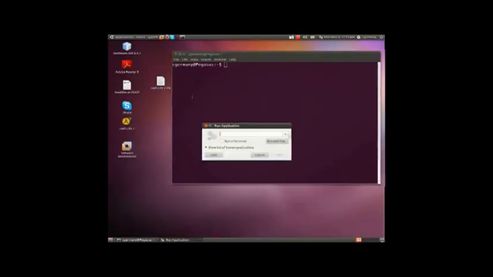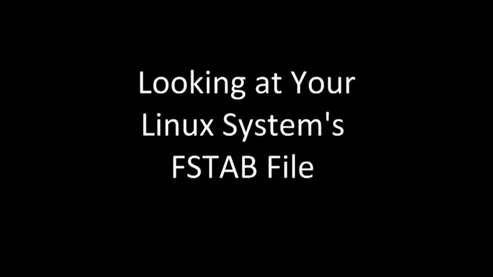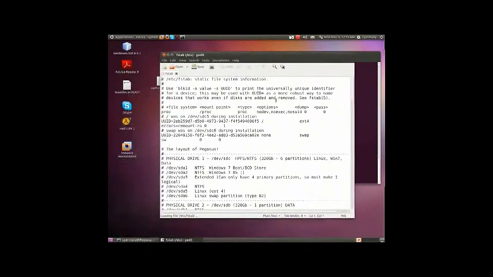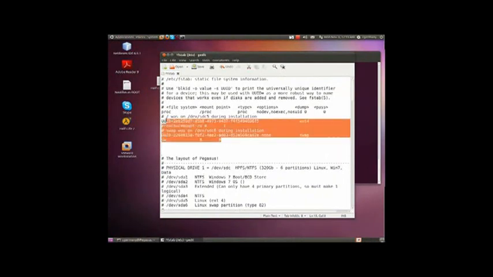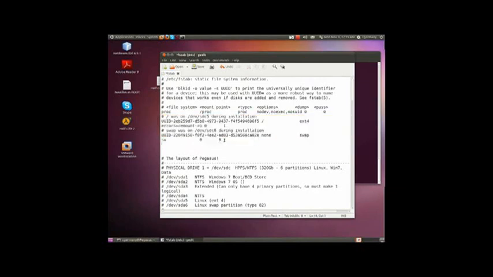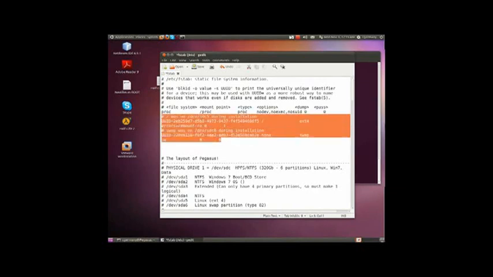And so let me hit Alt F2. And there's a file in /etc/fstab, and these are the drives that are automatically mounted. And I've put some notes here, but this by default would probably be the only entry after you install and